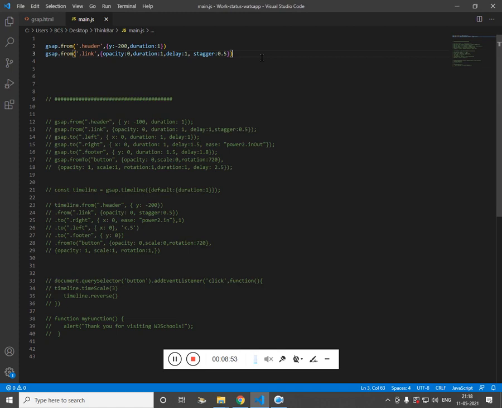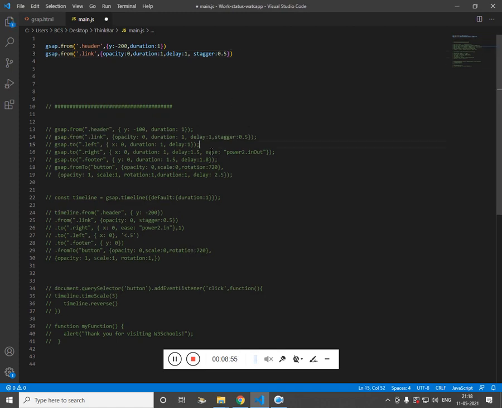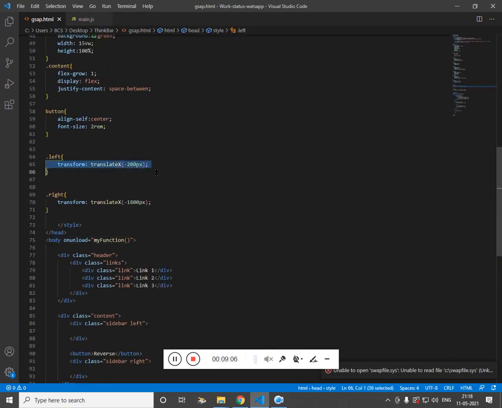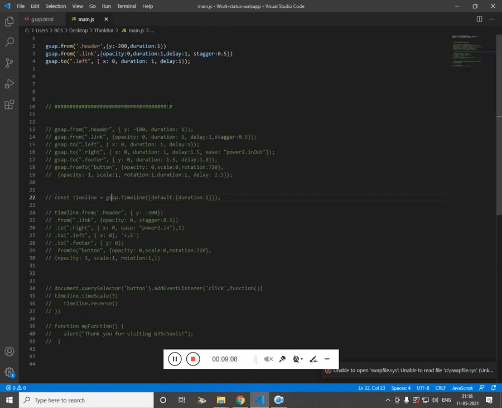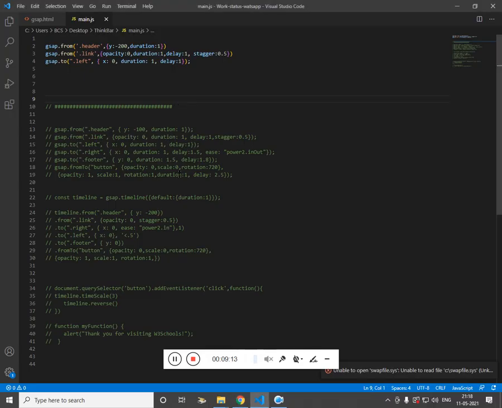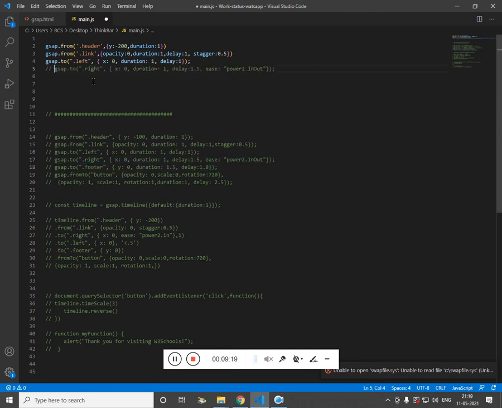Now let's work on the left section. The same, I'm just going to copy paste it. On the left sidebar we have the negative x-axis, -200. If I refresh, it shows up. In the same way for the right sidebar, we have duration, delay, and here we have used the ease property.